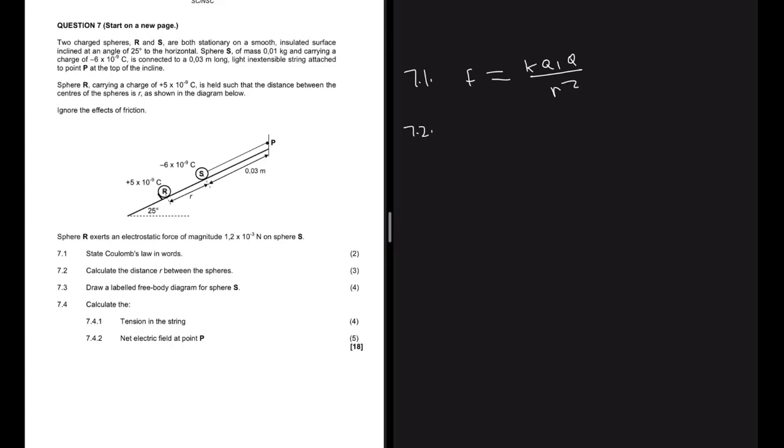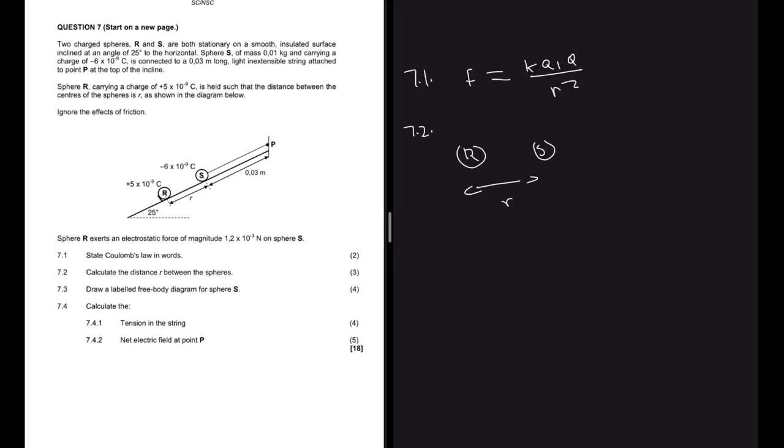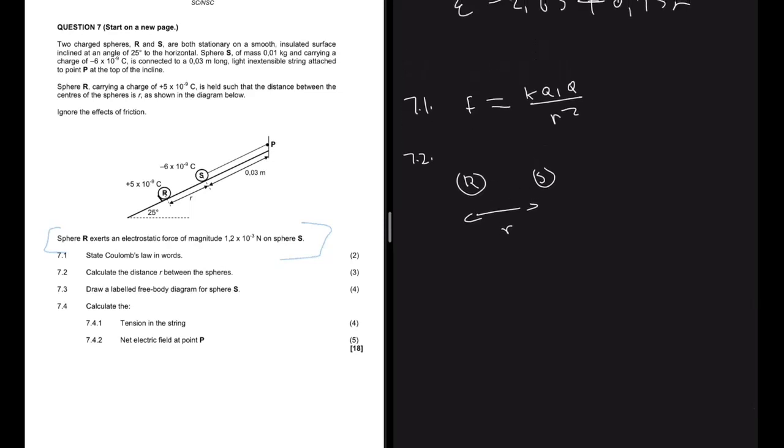7.2 says calculate the distance R between the spheres. If you look at the diagram on the left hand side, we have sphere R and sphere S, and we're supposed to calculate the distance r in between. If you go through the equation, I didn't go through it in the video just to save you some time. There it says sphere R. Look at the left hand side there. I'm just going to highlight it. Yeah, there we have it. It says sphere R exerts an electrostatic force of magnitude 1.2 times 10 to the negative 3 newtons on sphere